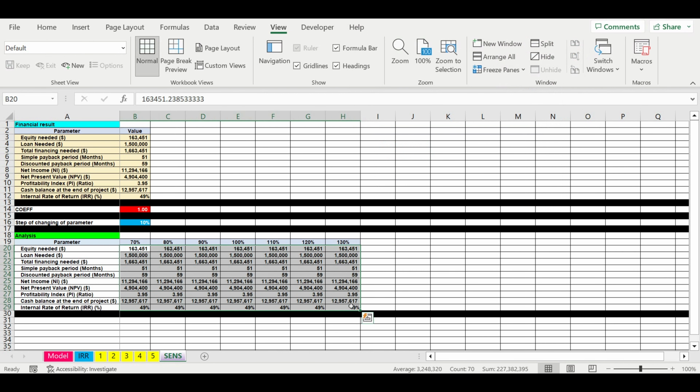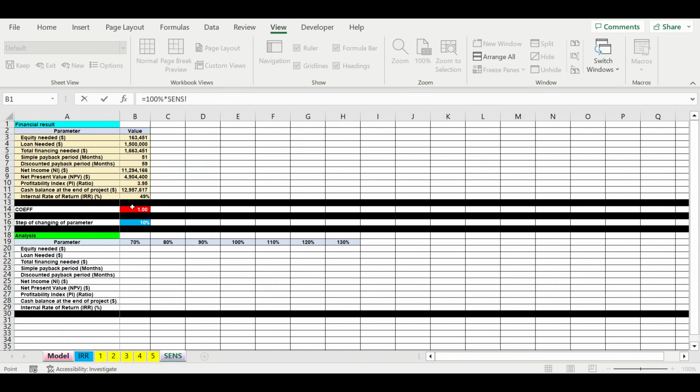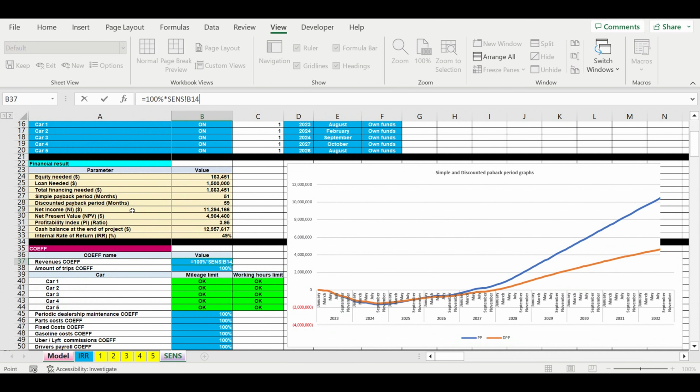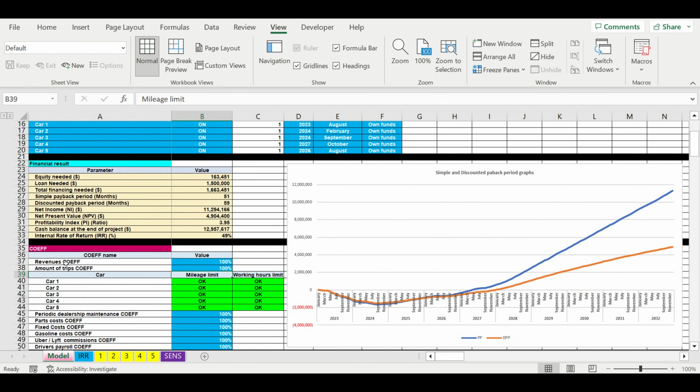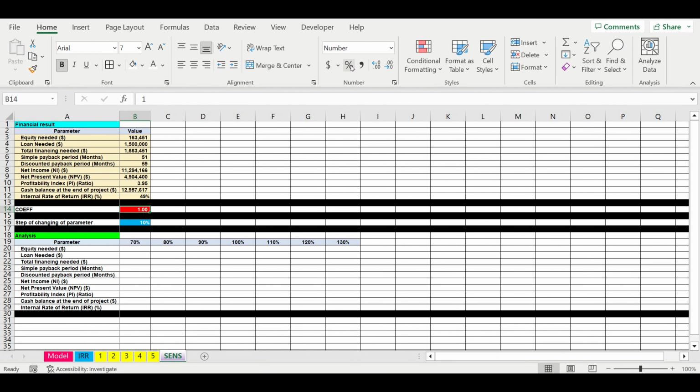So now, what we can do, we can add this macro, for example, to the revenues. So we can do here, for example, press equals and multiply and add this parameter. So now we can see that the sensitivity analysis parameter is added to all revenues. Now we can go back. We can just use percentage format,